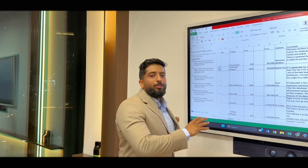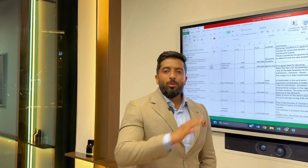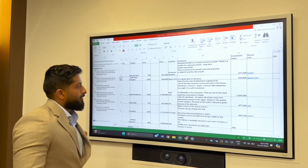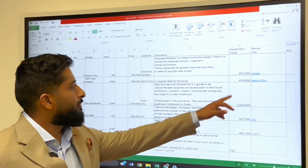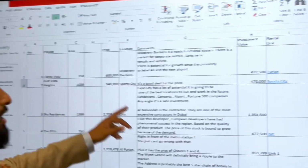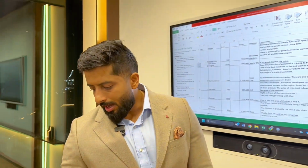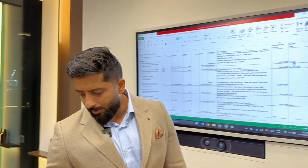So these 11 units are pretty amazing. I think it covers all the interesting deals in the market. For example, okay, this is Discovery Gardens, right? The investment value, why am I saying 477,000 for 955,000? It means there's a payment plan involved. It'll be 60/40. And if you look at the value for the rental,